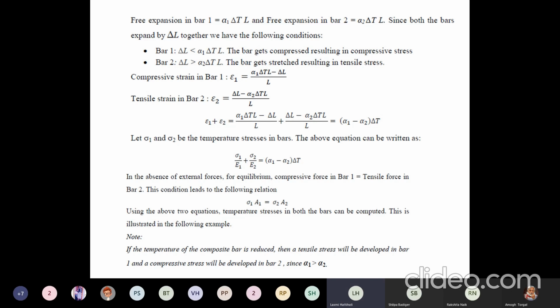Is there anything wrong? Anybody? No, ma'am. Exactly. There is nothing wrong. Instead of taking sigma, he has taken it in terms of load. Either you can take it in terms of load by area or sigma. Answer remains same. So never get confused with the procedure. Always concentrate on the answers. I hope you have understood this procedure.